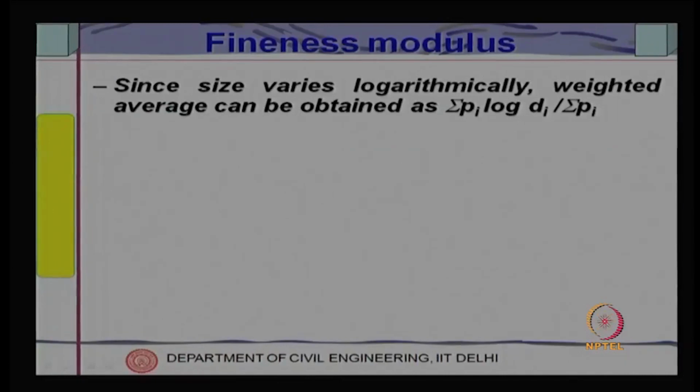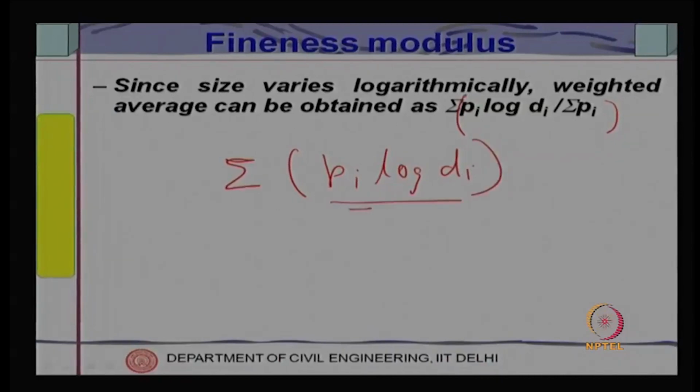sigma of the whole thing. Actually, there is a bracket here. So, you can call it sigma Pi log di divided by sigma Pi, that is what it is, the sum of this. That means, varying for i from 0 to n maybe. So, the first one will be P0